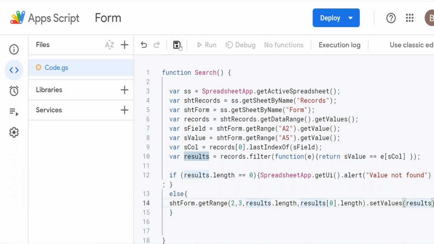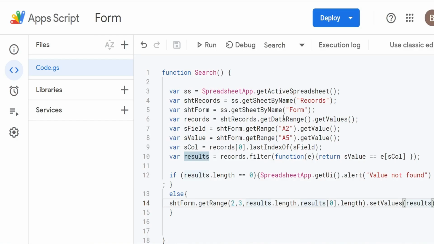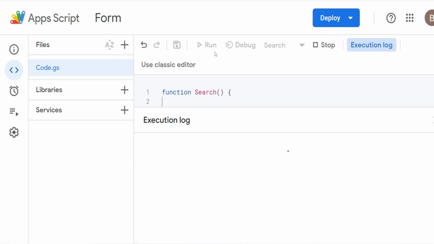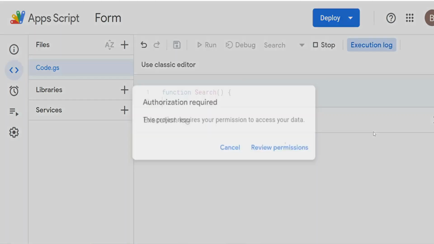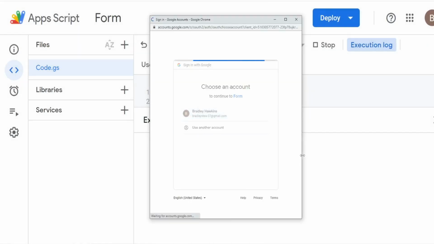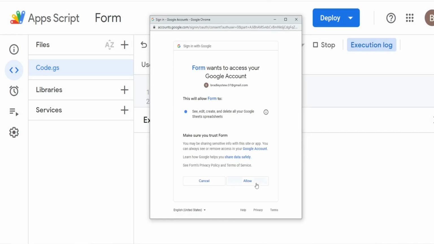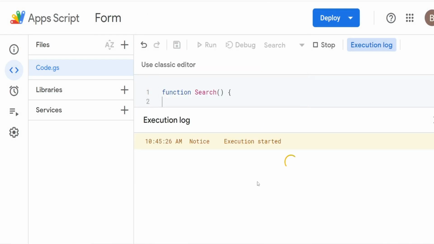So I'm going to hit save. We already have a search value and search field there, so we'll click run. We'll have to authorize this, I believe, because it's the first time we're running this, so it'll take just a second to do this because I'm filming the desktop. So we'll have to click review permissions, click on the Google account we're using, go to advanced, go to the project name form down here, click allow. So this will run,